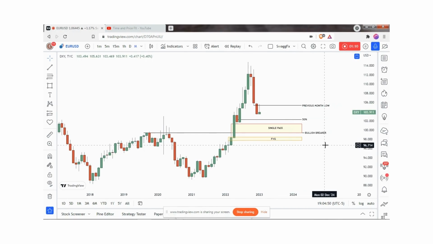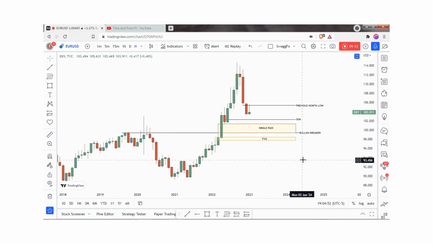So I've done some chart markups here. I have marked out the previous month low, 50% of this entire range, and I've also marked out the bullish breaker here. I've also marked out the FVG on the monthly chart. Usually I like to start with a top-down analysis. I start from the monthly, then I go to the weekly, the daily, and then the 1 hour, and then the 15 minutes, where I usually